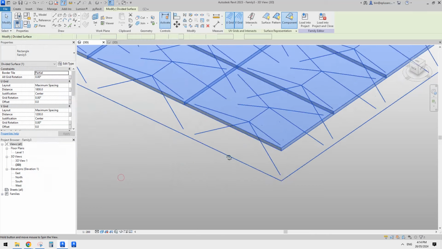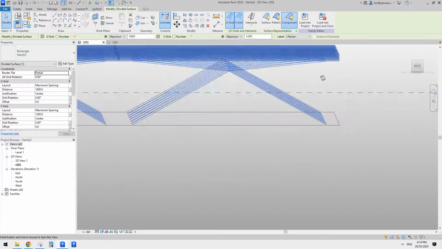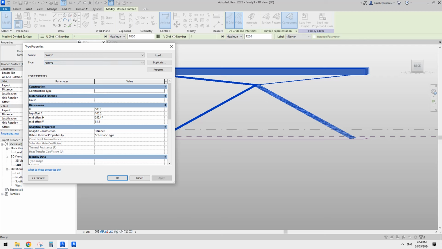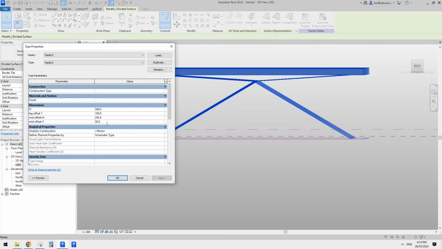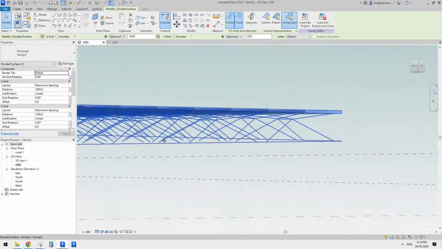Okay, so maybe we should rotate this a little bit so we can tell this. So go edit type, height, horizontal. So this is horizontal, this is vertical. If I change it to 50, this should go up, right? So go up. I'll change it to 100, and then if I rotate the other way,